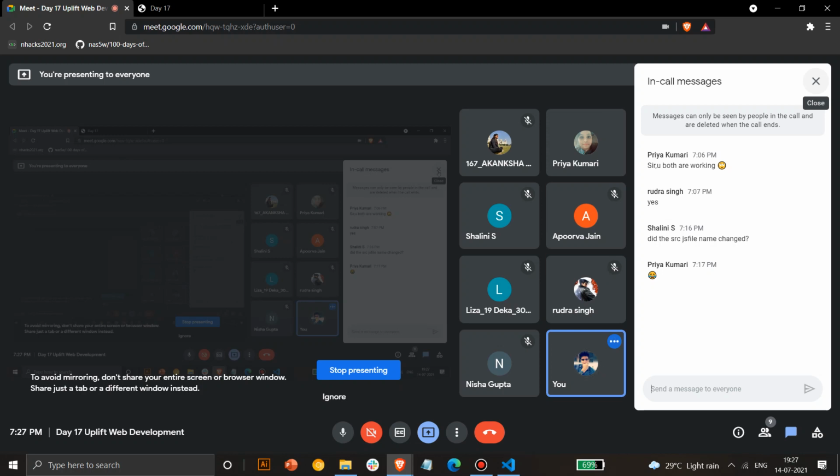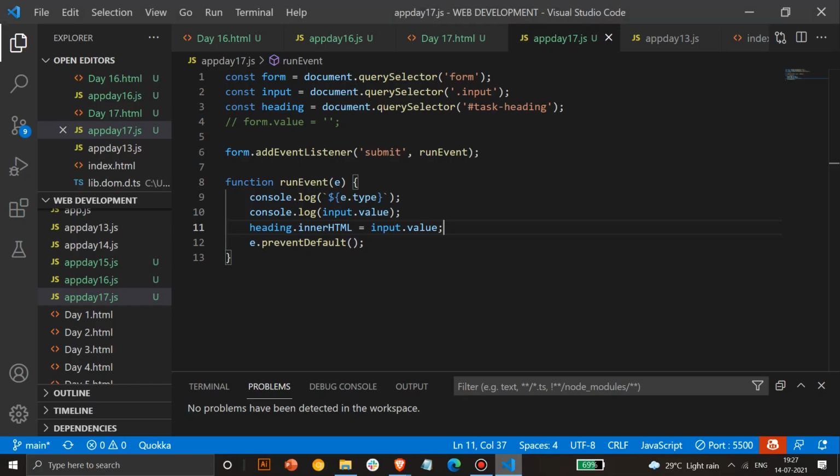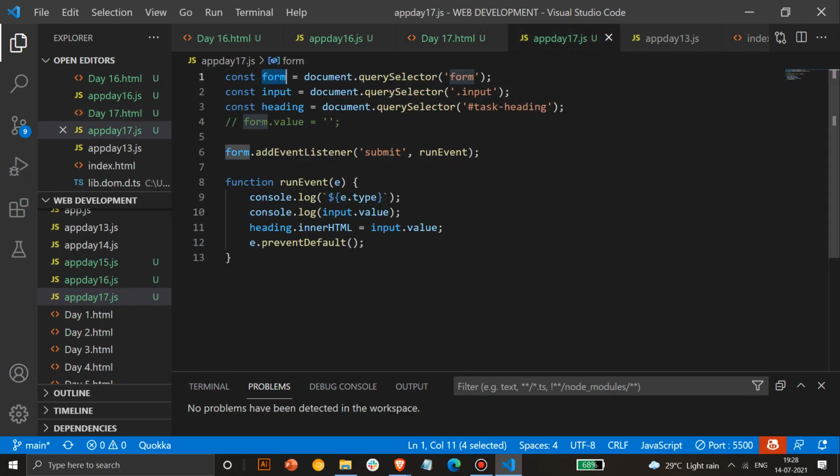Any doubt? A bit understanding. Okay, what's the issue? If you can specifically point out that specific issue, I'll repeat that again. Okay, I'll explain this again. So first we have called the form element. We can't use target on this because form contains two or more elements. That's why we can't use target in this. If you have a single element like input, we can use target dot element, and then we can add a specific. I'll show the example for that also.